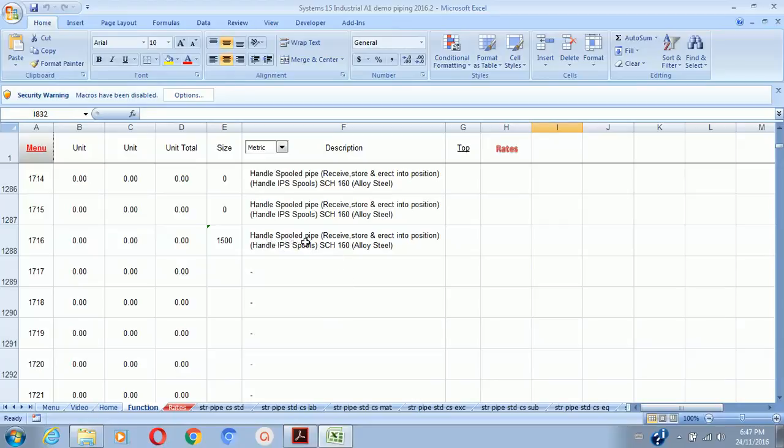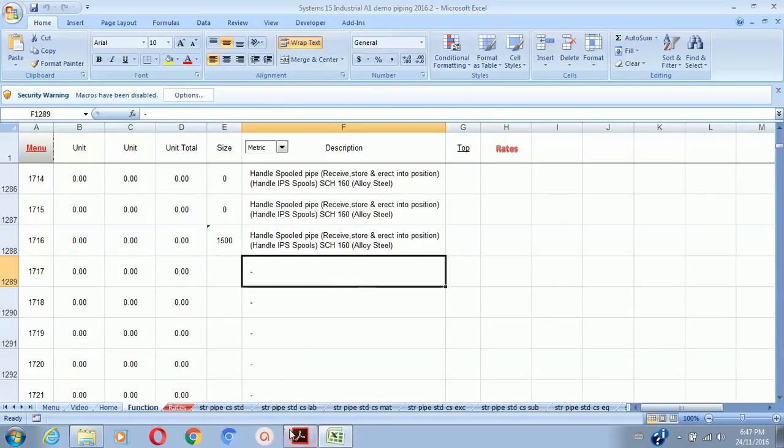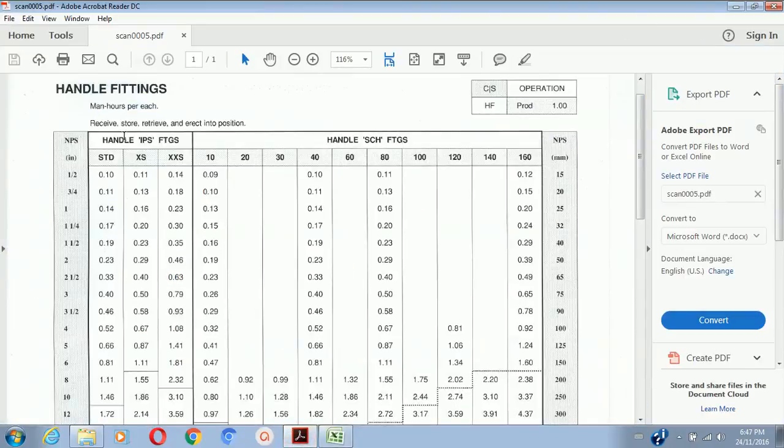This here gives an explanation of what we're doing. This was the previous one. Handle, spool, pipe, receive, store, and erect into position. These are all descriptions of what we're going to do. Handle, iron pipe size spools, schedule 160, and the type is alloy steel. So what we're going to do here is we'll go over to here, and if you see, we have